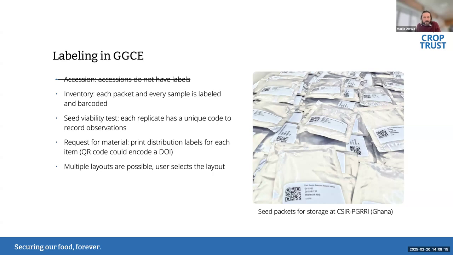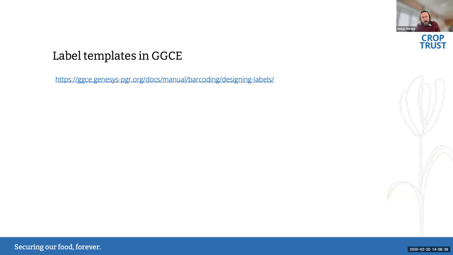When you print, you basically select which layout you would like to use. So there's no limitation on how many layouts you have. It really depends on your use case and your scenarios. All right, so with that, just talking about how this happens in GGC, we have this documented